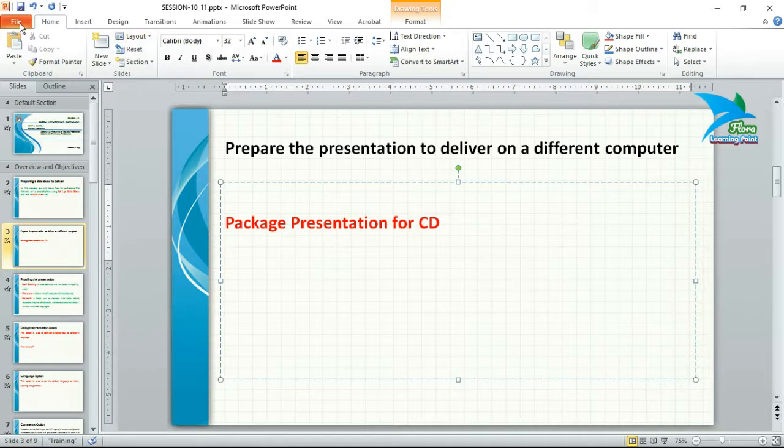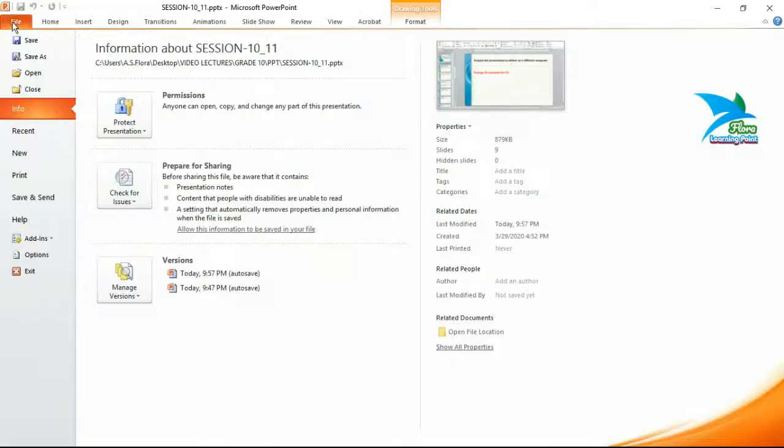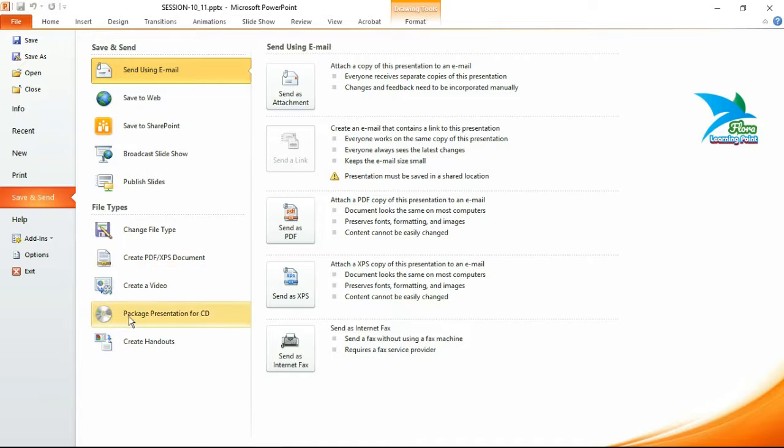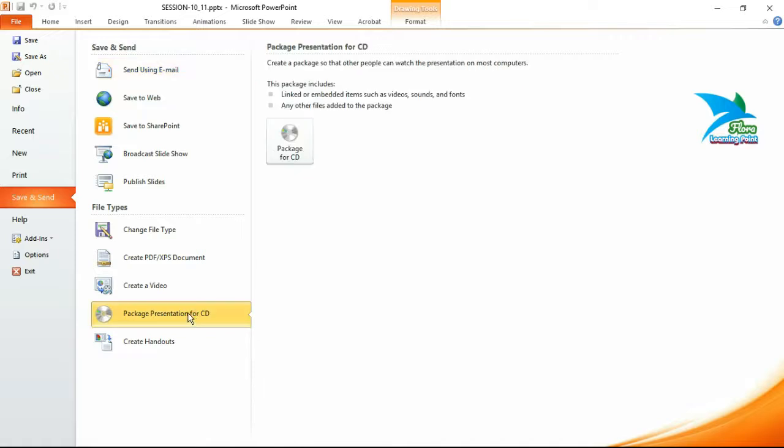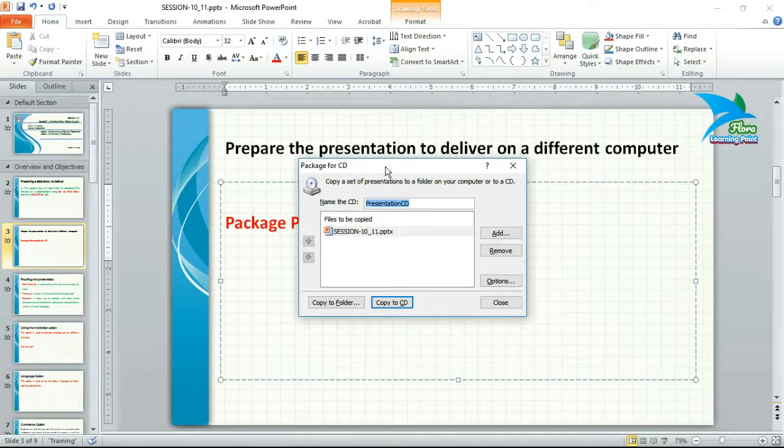Then what you have to do is click File, then we have the Save and Send option. Click on this option. Here we have the option Package Presentation for CD. When you click this option, it will show you this button, Package for CD. Then click on this button. Now